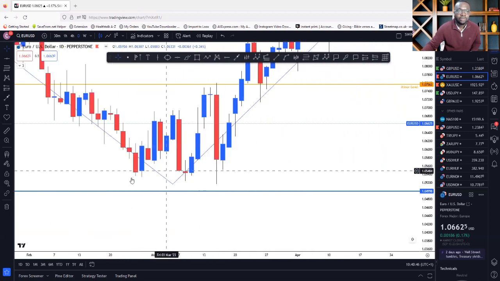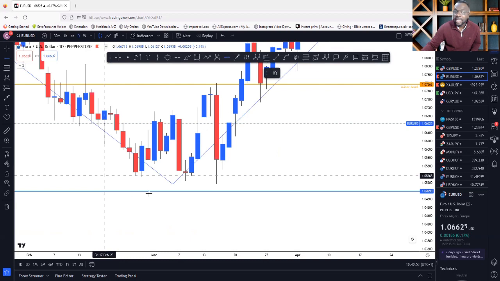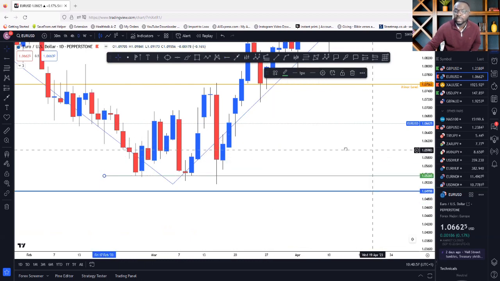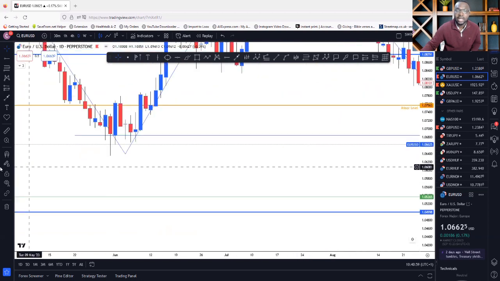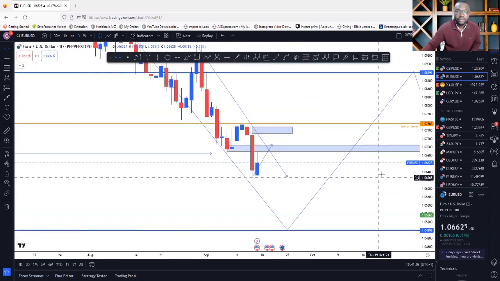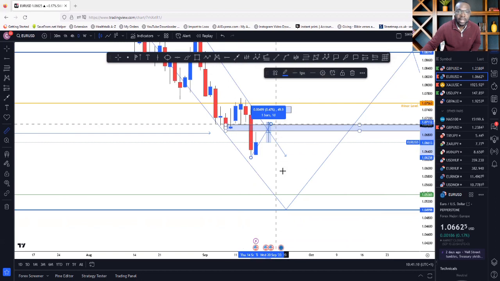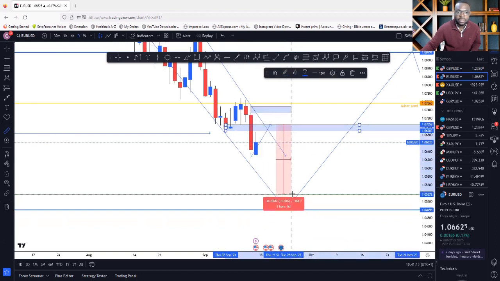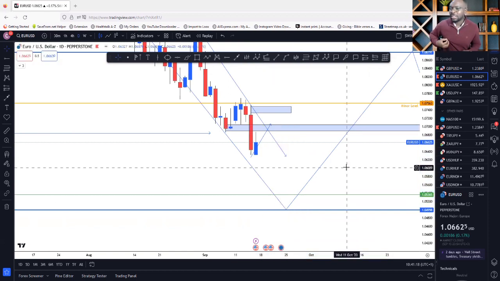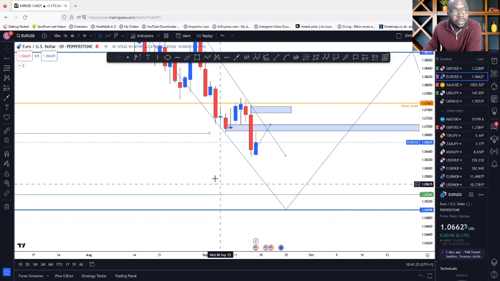Now, on your daily, you want to target this low. So this is the low you want to target for this trade. If you're selling this market, you want to target this, which is reaching out to the psychological level that I already told you about. So if you are targeting that low on the daily, that means you should be looking at this whole week, price pushes up, taps into that zone, and then from that zone all the way down, that's about 200 pips or 100-something pips for the week. For you to grab week 38. That is beautiful. That's something you can tag into this week. Let's hope we get that in.